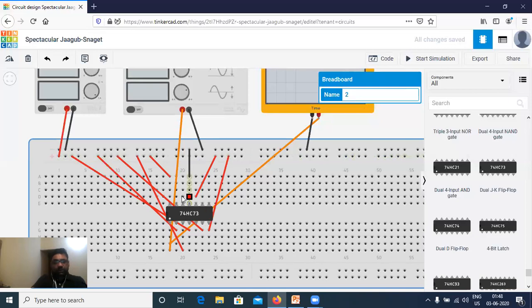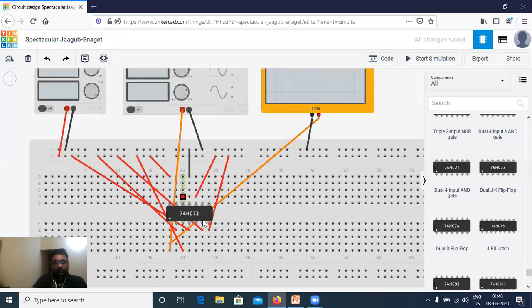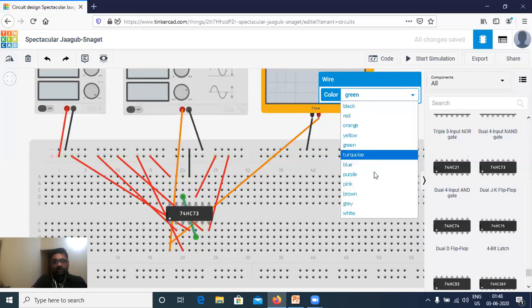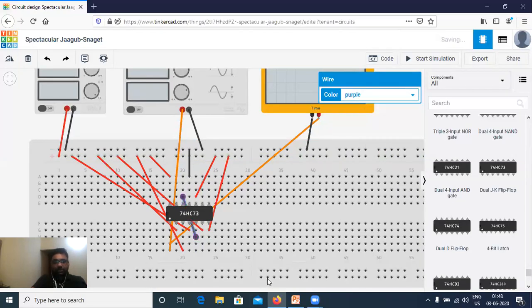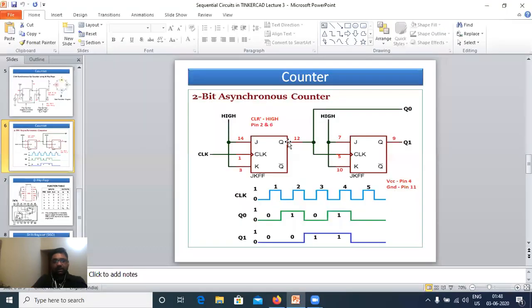So this is my 12, should be connected to 5. Let me make it another color, let's say purple. What is the purple color? That is the connection from Q1 to the clock. Okay, so all my connections are done.